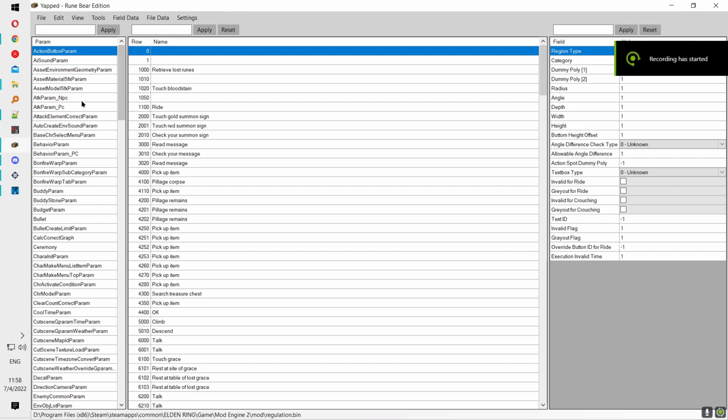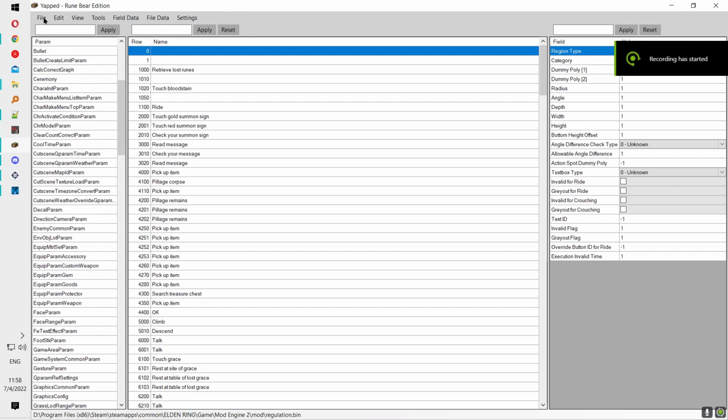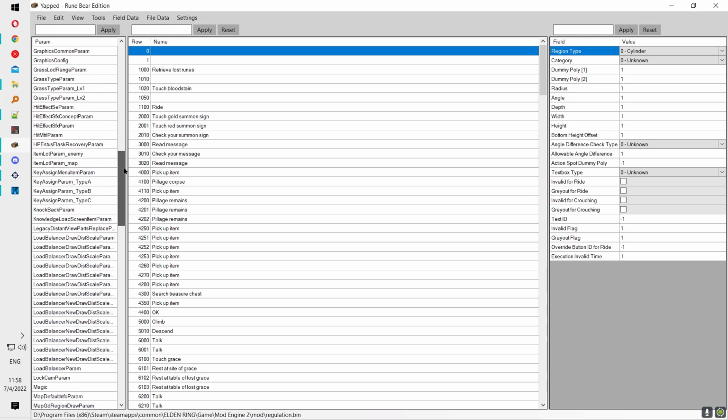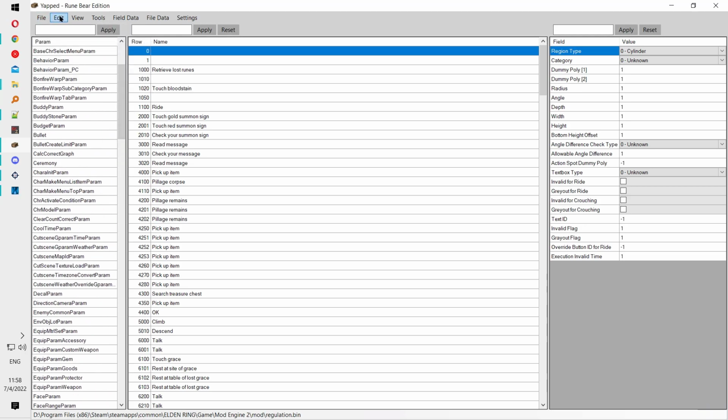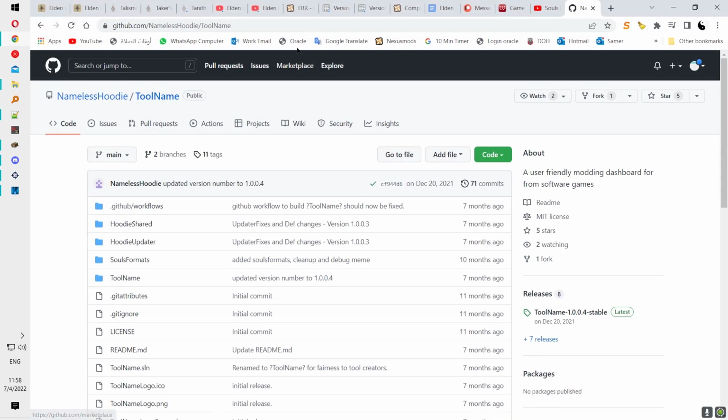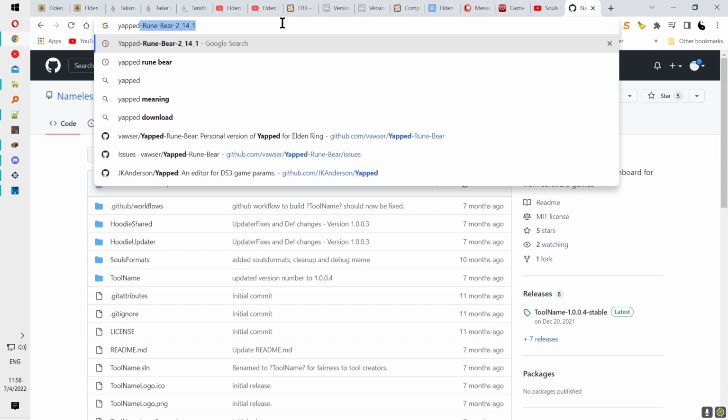Hello YouTube, this is just a quick video to show you how to mod Elden Ring or Dark Souls 3 or whatever Souls game that you want to modify. First of all, you need this program that's called Yapped Rune Bear 2.14. You can Google it, Yapped Rune Bear,